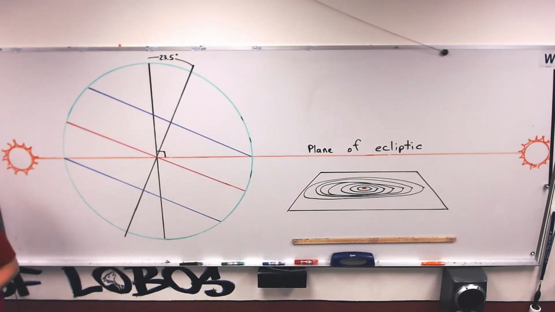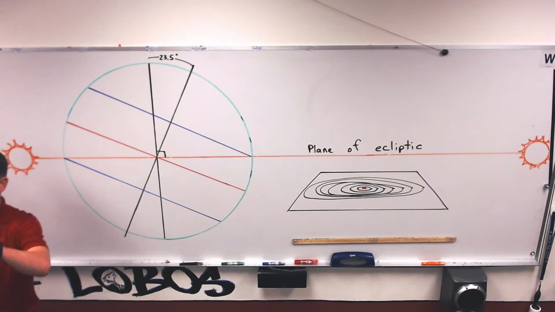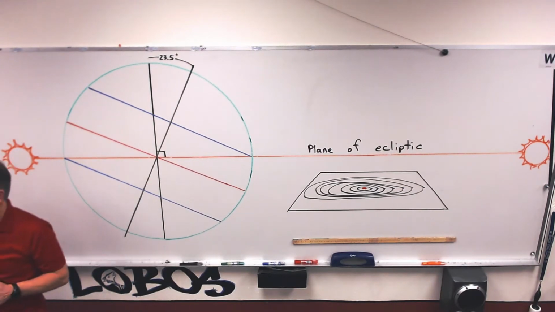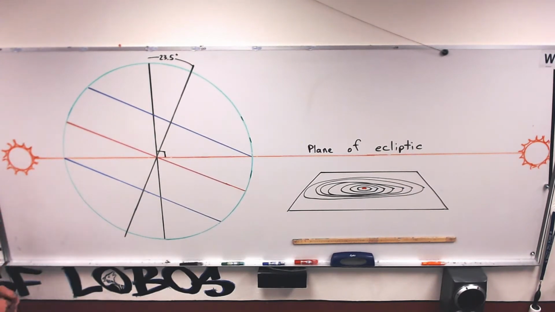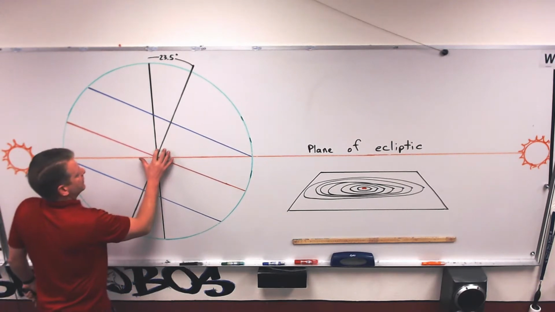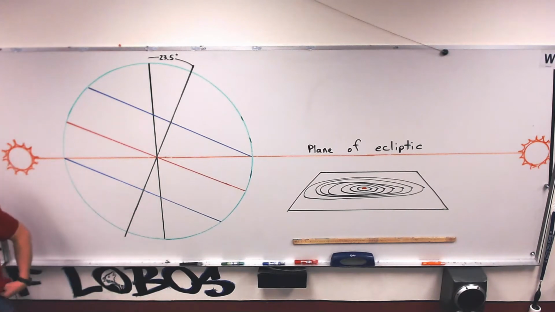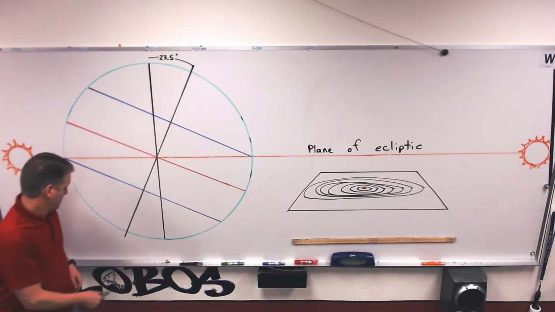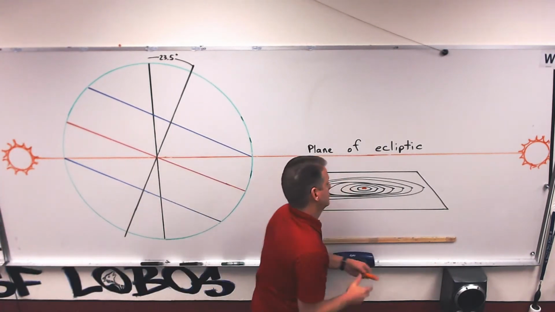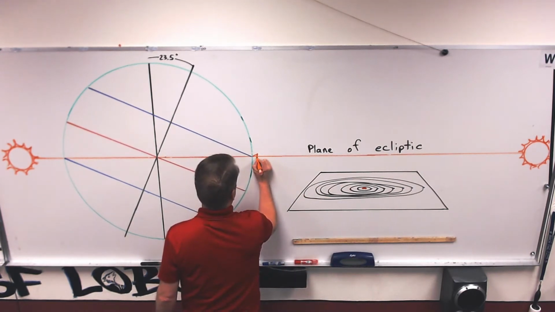And so this is how we know that Uranus goes this way and the Earth goes this way, because we have a reference point, which is that plane of ecliptic. So the Earth is tilted 23.5 degrees. Okay? The plane of ecliptic is where the sun is. So right here is the most direct amount of sunlight. It's coming in this direction right here.